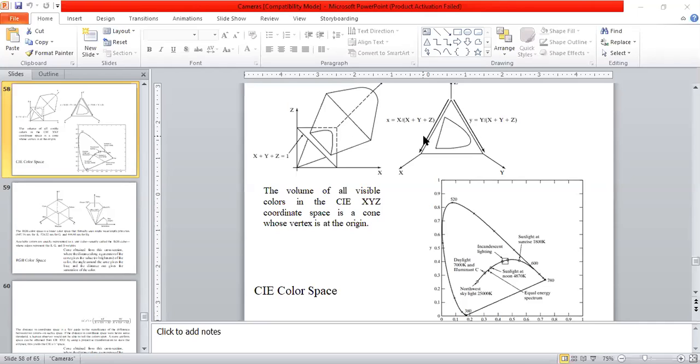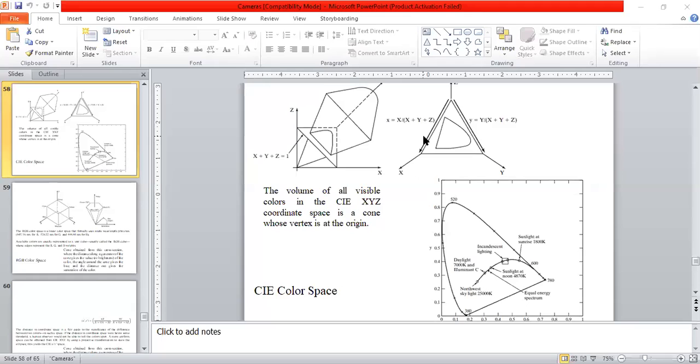This is the triangle, right? Within the triangle, where the plane intersects with this cone, we have a curve here, right? A half-elliptical shape, kind of. A half oval, right? Now this we can represent in a two-dimensional space where small x equals capital X divided by X plus Y plus Z,